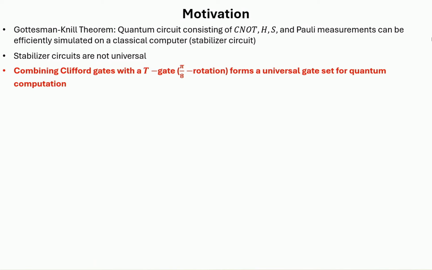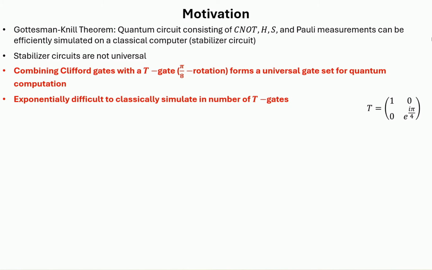However, when you combine Clifford gates with the T gate, which is a pi over 8 rotation, it's well known that this forms a universal gate set for quantum computation, meaning you can decompose any quantum gate in terms of Clifford gates and T gates. However, it's exponentially difficult to simulate the circuit in the number of T gates, meaning that the simulation time and also the amount of memory needed to store the full wave function will grow exponentially in the number of T